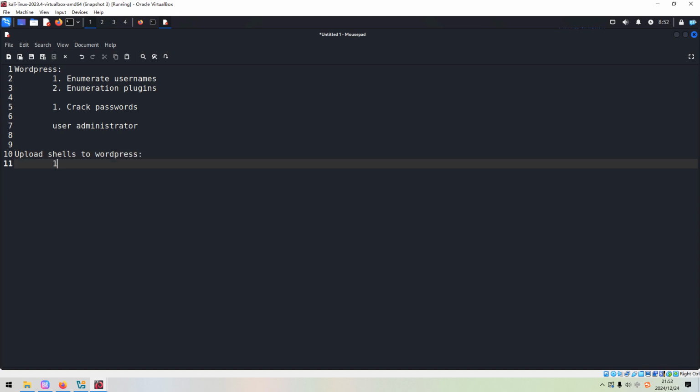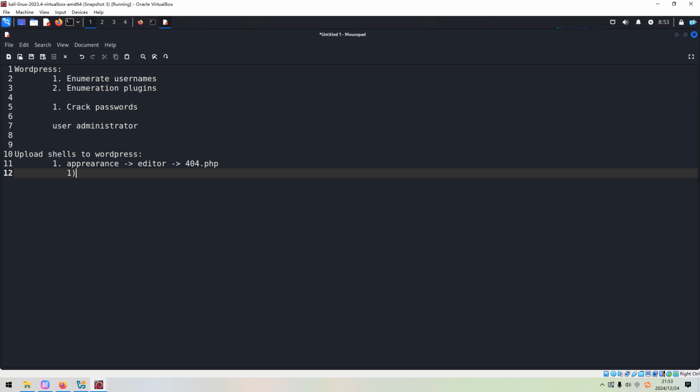The first way is my preferable way. Since we have already got credentials to the WordPress admin dashboard, we can log in and navigate to Appearance, and then go to the Editor, and then we can find the 404 template.